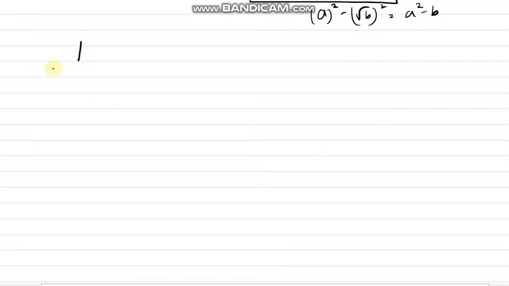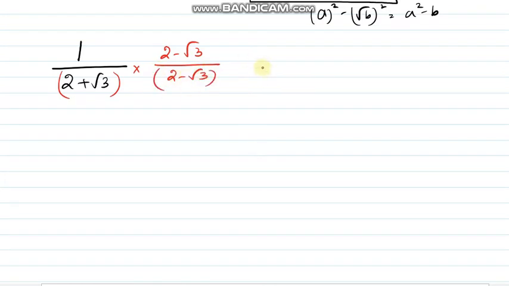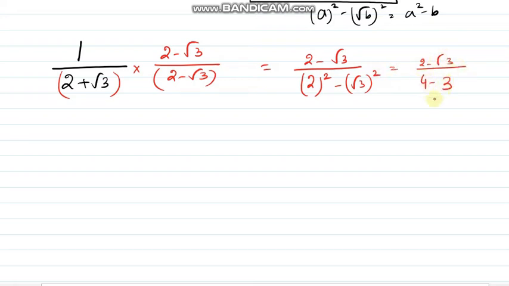So suppose the sum is 1 divided by 2 plus root 3. The rationalizing factor of a plus root b is a minus root b. So I am going to multiply the denominator and numerator by the rationalizing factor, which is 2 minus root 3. The numerator will remain 2 minus root 3, and the denominator will be 2 squared minus root 3 whole squared. So 2 minus root 3 divided by 2 squared, 4, minus root 3 squared, 1. So 2 minus root 3 only, right?